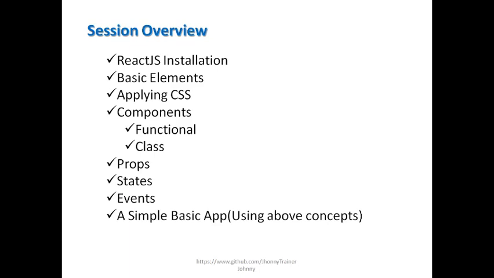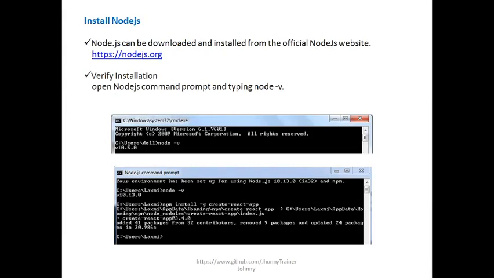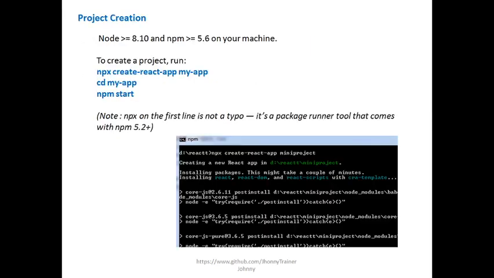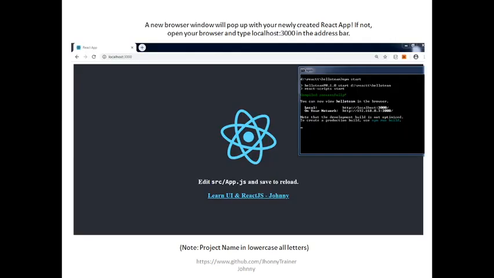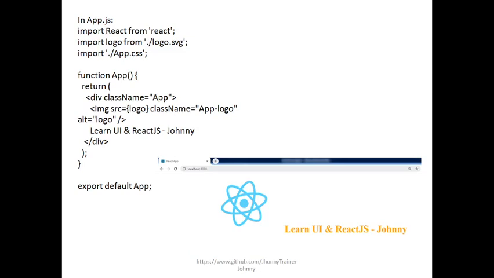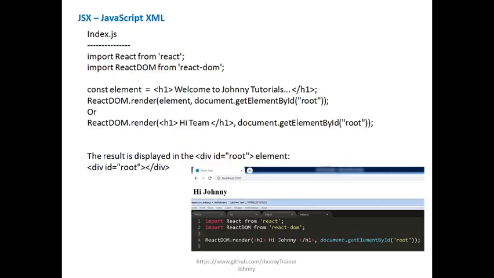We have done a counter example as an assignment also. You can find the link below this tutorial, and now we are trying to do a basic app. We have installed Node.js, we have created a folder, and we have visualized the output in the browser. This is the hello world default output. In this we have edited a file, app.js, where I have written my name, that is the tutorial's name, and we have edited it.